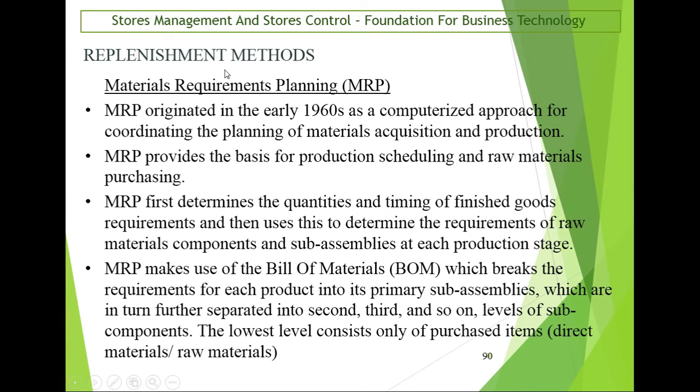Another replenishment method is material requirements planning. So MRP originated in the early 60s as a computerized approach for coordinating the planning of materials acquisition and production. It provides the basis for production scheduling and raw material purchasing. So MRP will first determine the quantities and timing of finished goods requirements and uses this to determine the requirements